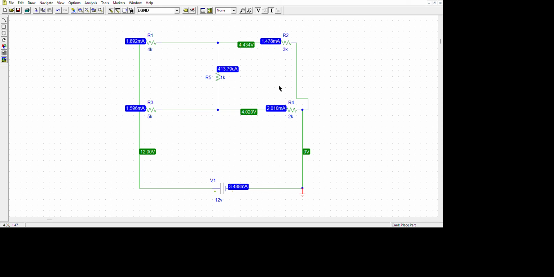The answer will be 0.4139. Simply add it to R3, that is 1.596. The answer will be 2.00979. As we know, the ammeter reading is approximate, so we got the accurate answer.